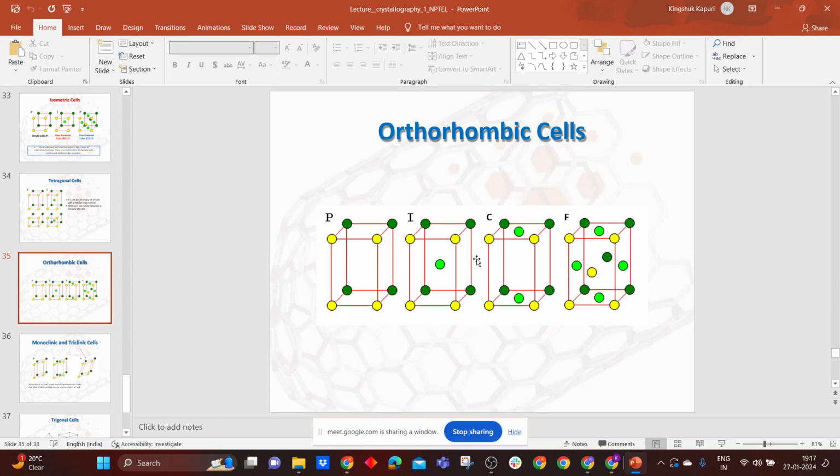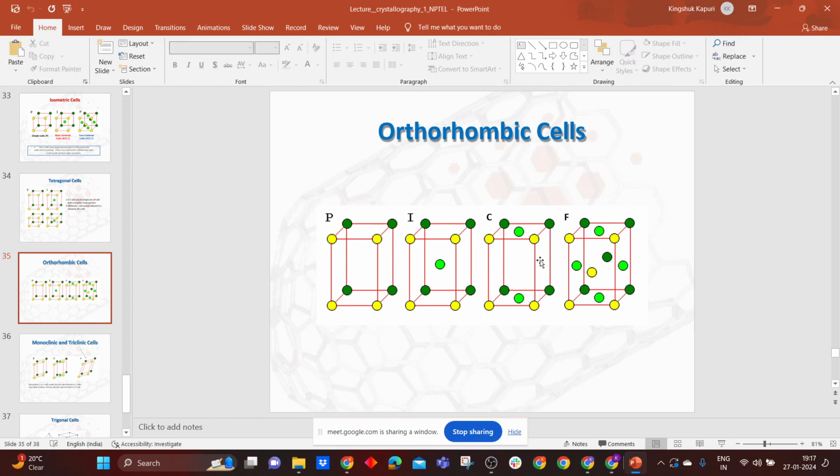This is the end centered, because end centered means only the basal part will have two atoms. If from this basal part we connect a regular orthorhombic cell, the atom in that basal part will be shared with the upper unit cell and the lower unit cell, and no more unit cell we can connect. Sidewise, it doesn't share any atom. That is why we get another arrangement, the end-centered arrangement for the orthorhombic cell.